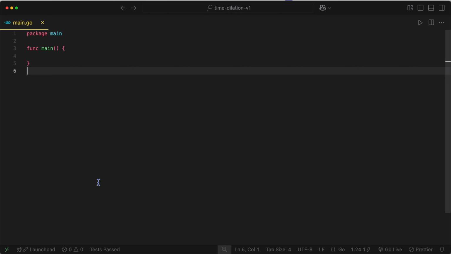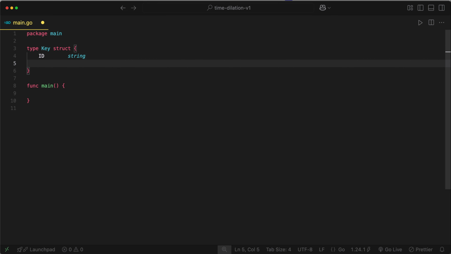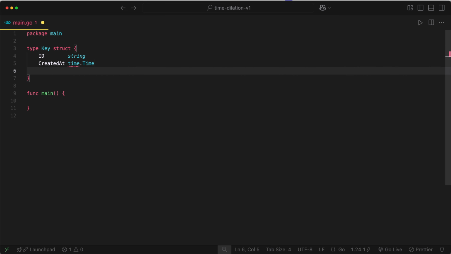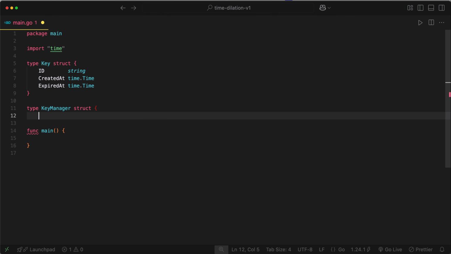Now, let's get started. The first thing I want to do is to start with a key type. And in the key type, we are going to have the ID of the key. We're also going to have the created at and then the expired at. After that, we're going to need a key manager, which is responsible for coordinating the creation of keys, when the key expires and all that, right? So let's create the key manager,